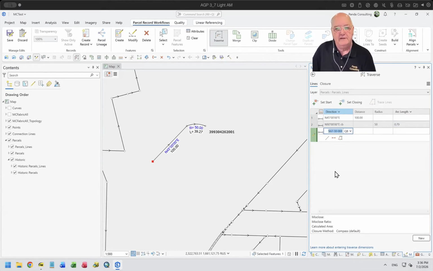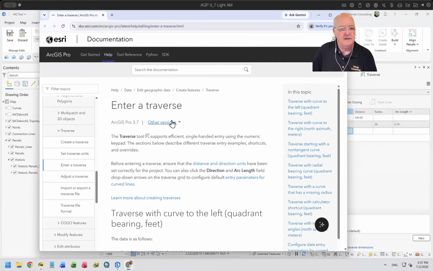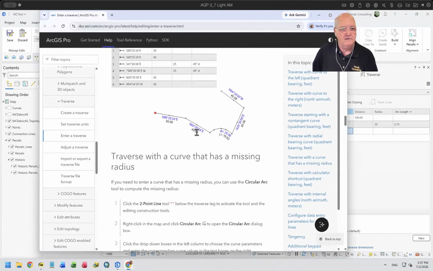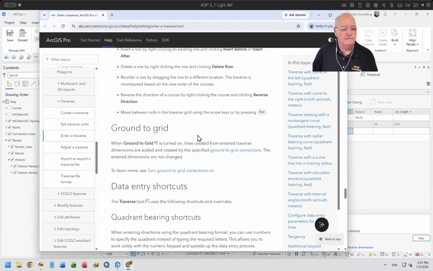So there it is there. By the way, all of the actual parameters to what you put in here is stored and available down here on a help file. That's the only place that that link appears. And that brings up the entering the traverse tool. Go down to the very bottom here, close to the bottom, and you'll see shortcuts,